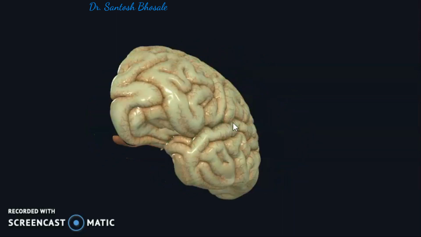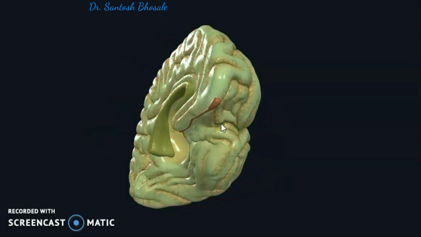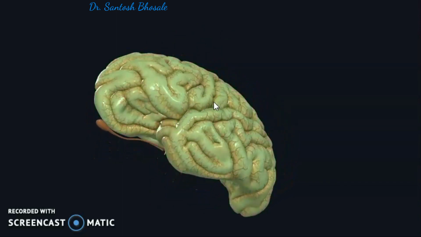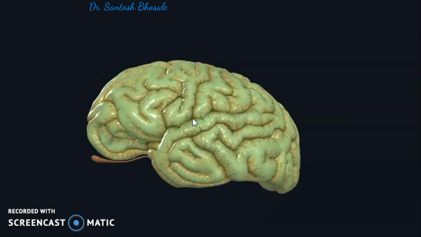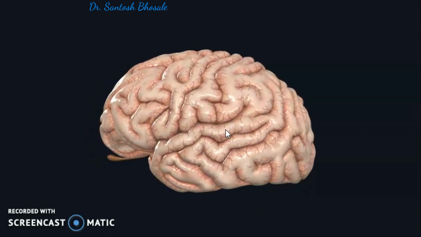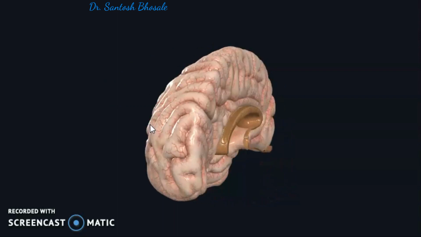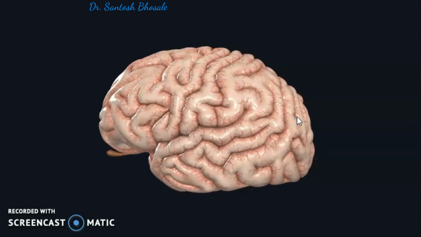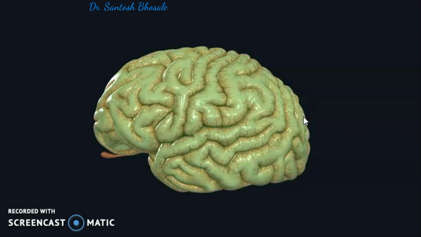So how to identify the central sulcus? It cuts the supromedial border, runs downwards, forwards and laterally, and lies just above the lateral sulcus. You can see the lateral sulcus here, how it begins from the inferior surface, then runs between the orbital and tentorial surface and runs onto the superolateral surface, giving three rami: anterior, horizontal, ascending and posterior. You can see the posterior ramus, how it will end in the supramarginal gyrus, and this is the parieto-occipital sulcus, which has a prominent appearance on the medial surface, and you will notice the pre-occipital notch.